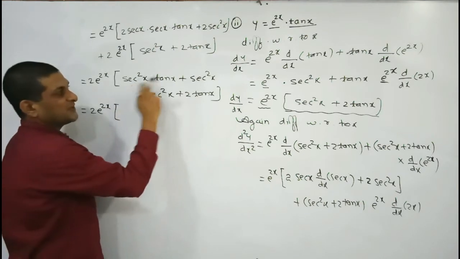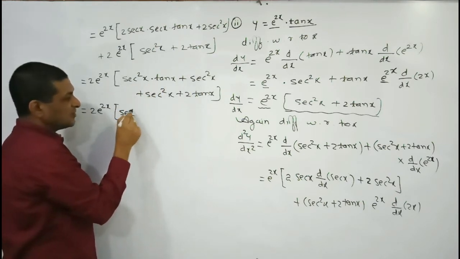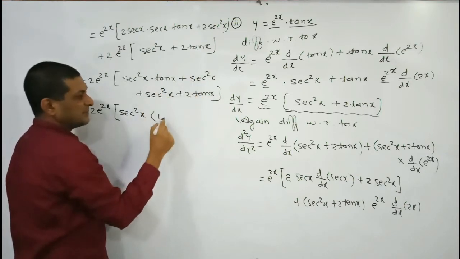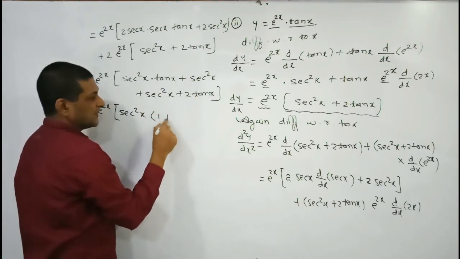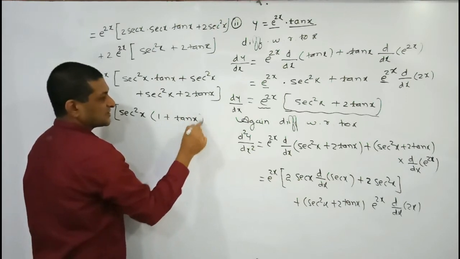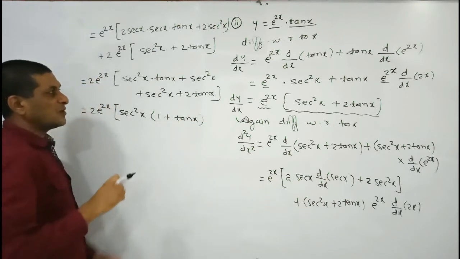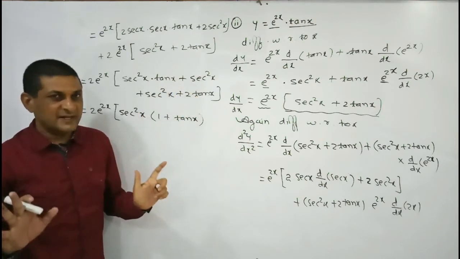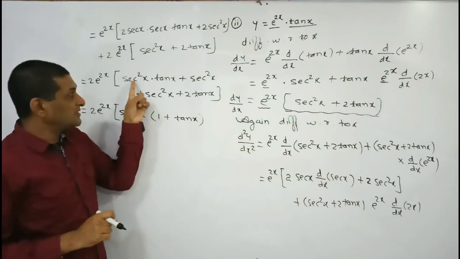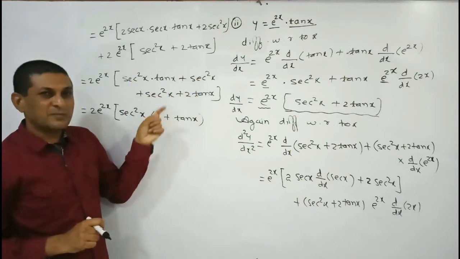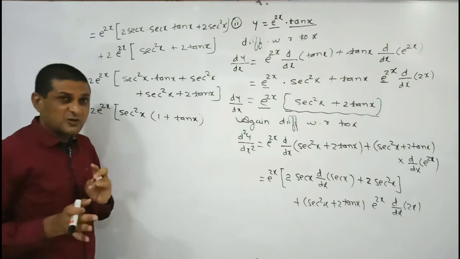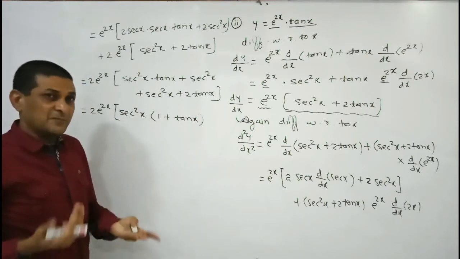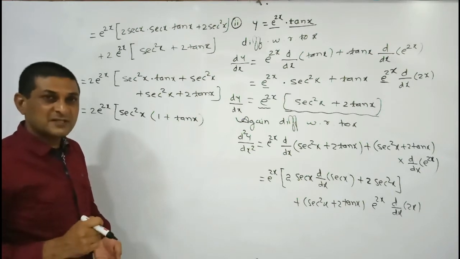If you observe the first two terms, can I take sec square x common? Yes, we are able to take sec square x common. So here the remaining term is 1, and here the remaining term is what? Tan x. So plus tan x. Here we can observe that the term sec square x appears. So differentiation is already completed. The remaining part is simplification, and sec square x can be converted in terms of tan. So let us simplify it, and we are trying to convert the whole expression in terms of tan. That simplification part varies from person to person, isn't it?